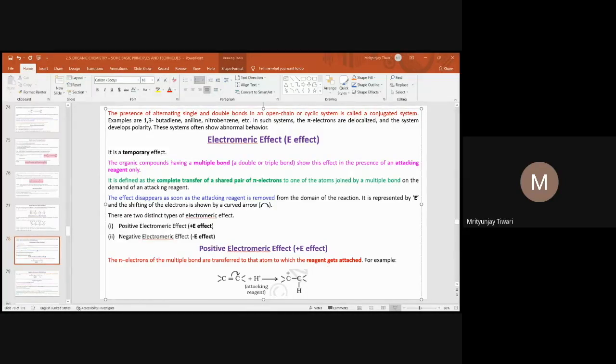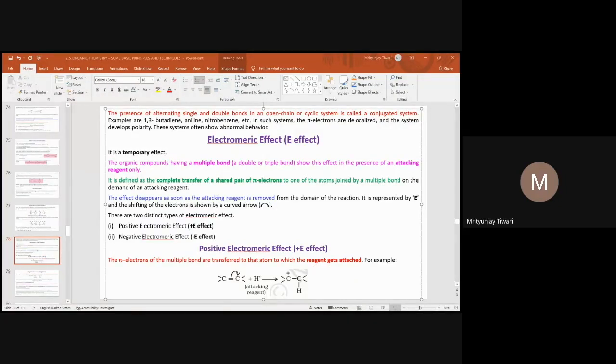So it involves delocalization of the sigma electrons. As I said, hyperconjugation is named because it is excessive, a form of conjugation involving sigma electrons, which are usually a very strong bond. Sigma bonds are very strong bonds between two atoms, and even if the sigma bond gets delocalized because of a certain effect already there in the molecule, then this conjugation is called hyperconjugation. So it involves delocalization of sigma electrons of a CH bond